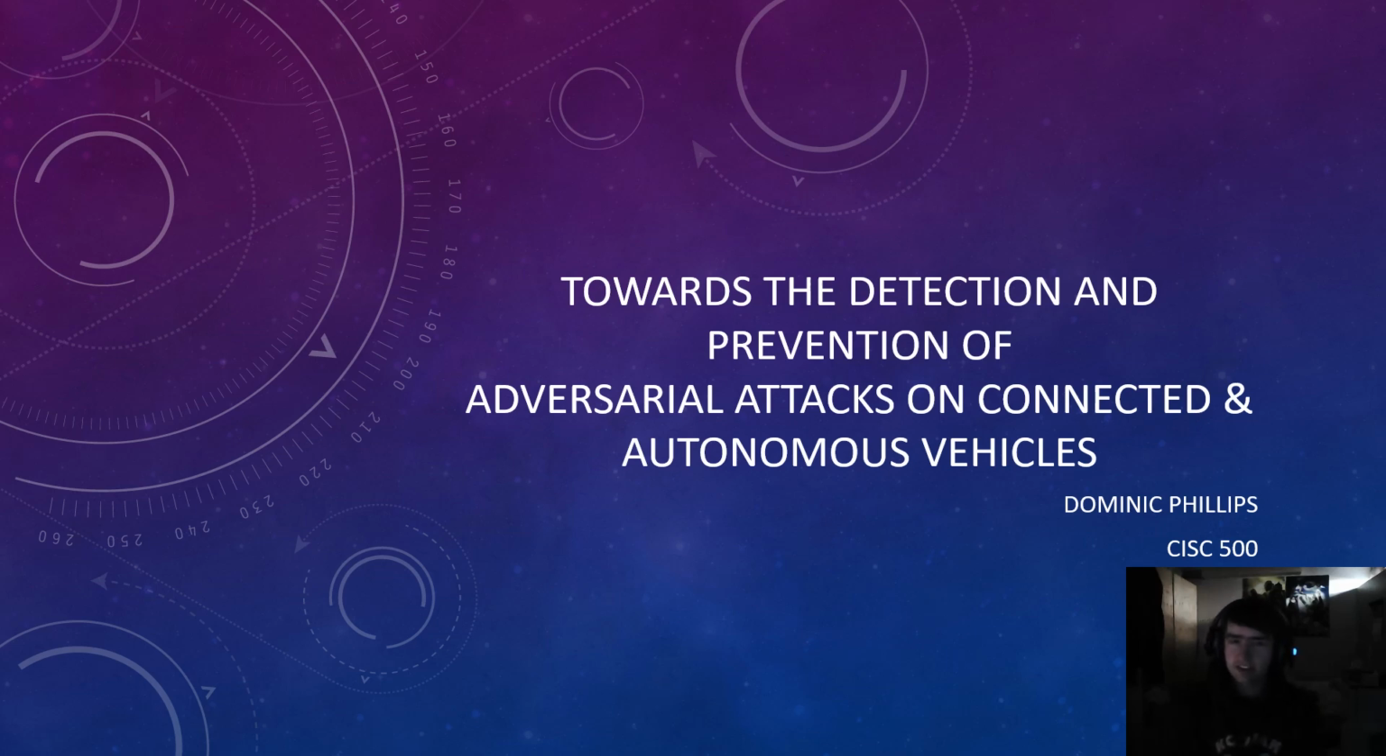So my research is on the detection and prevention of adversarial attacks on connected and autonomous vehicles. I'll be doing the presentation and then I'll be having the first go on loop, so hopefully I'll get the narration and everything to record properly. So we have